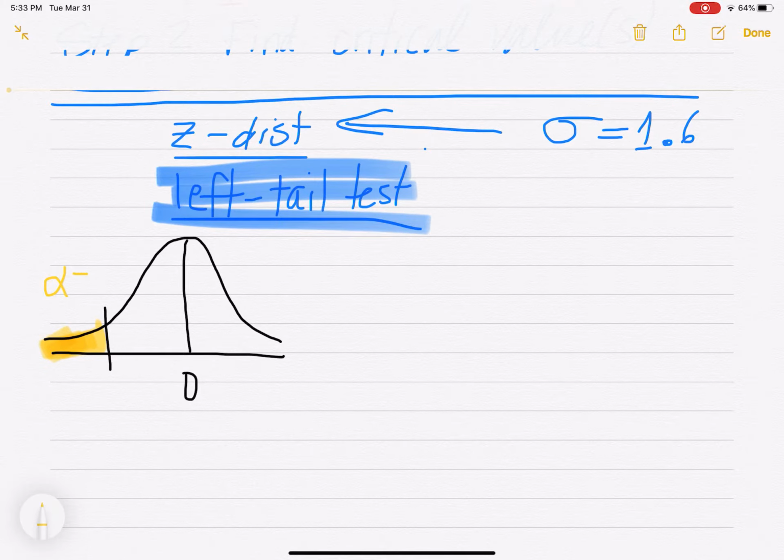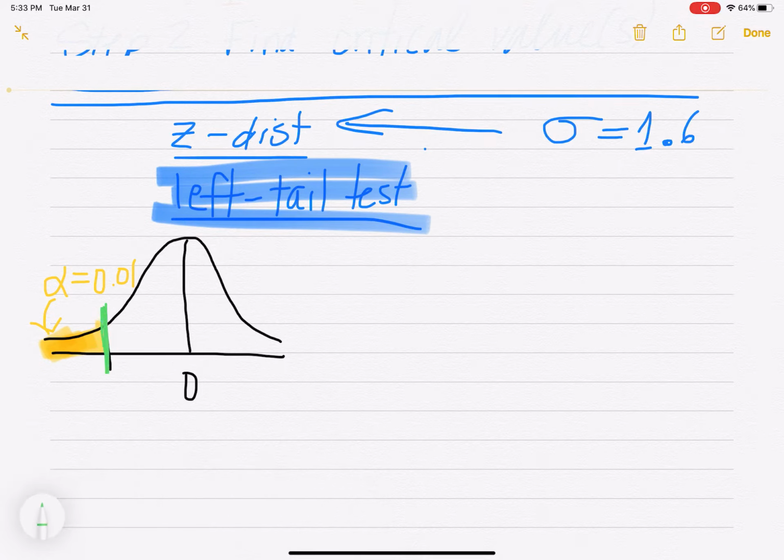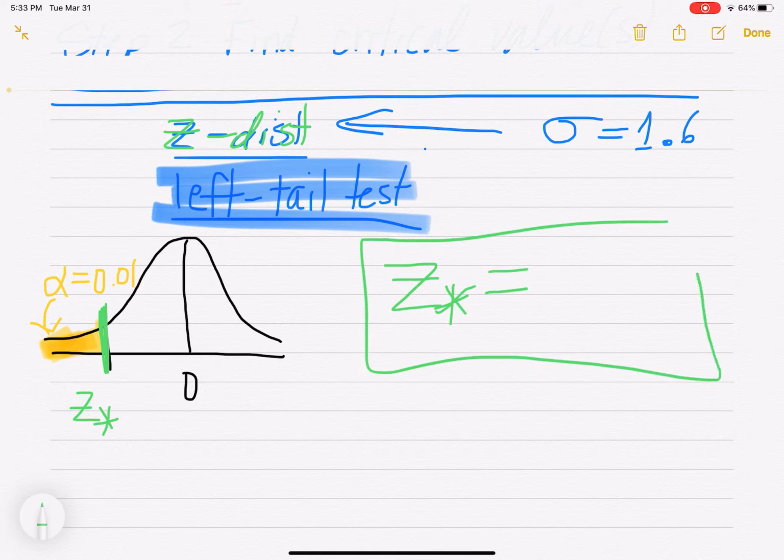Alpha is 0.01. That's the area in that tail. So what we've got to find is a z-score here, right? We're using the z distribution. We're going to have to find a z lower star. We're going to call it lower star because it's to the left of 0. So I've got to find a critical number that separates this yellow rejection region from the rest of the z